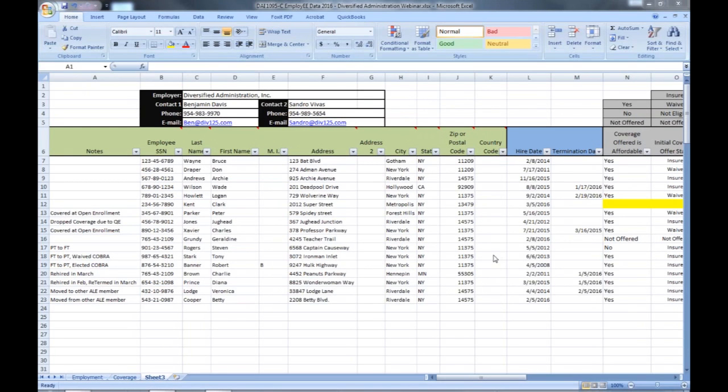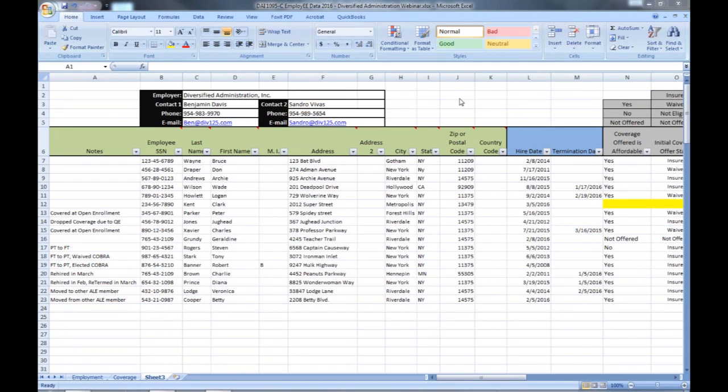Diversified Administration is pleased to announce the release of our data gathering spreadsheets for the 2016 calendar year's ACA reporting. Thanks to some IRS guidance which clarified certain things, as well as invaluable experience we've gained preparing the 1094 and 1095C forms for the 2015 filings, we've been able to greatly simplify the data gathering spreadsheets. This will make it much easier for you to enter the information and much easier for us to review it